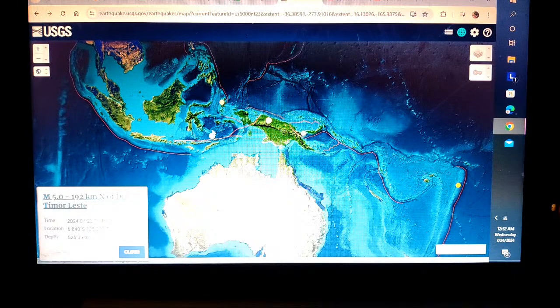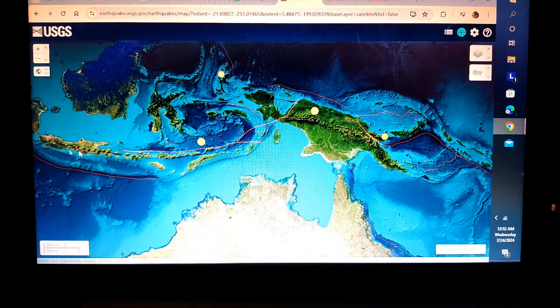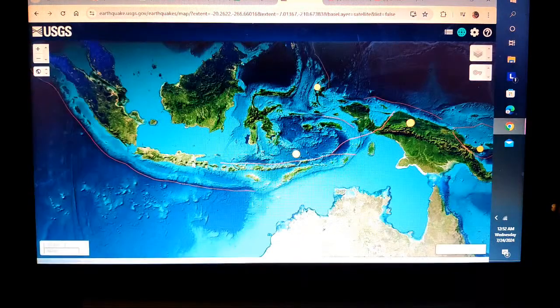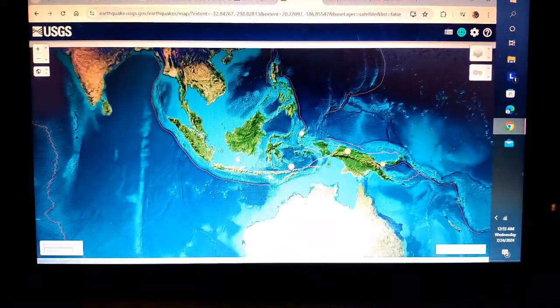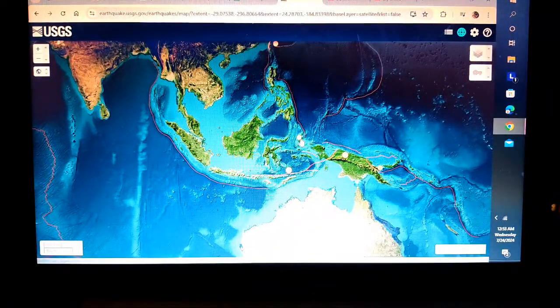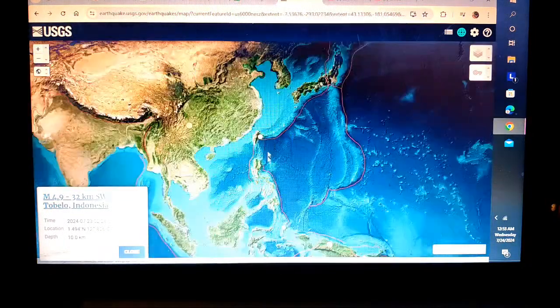These deep quakes don't necessarily put energy at the surface, like a bigger quake at the surface. This is an indication of pressure in the area down deep, starting to move around down there. Here's Java, our relief valve, right next to it. So it's pumping out SO2, volcanic emissions, and we're having pretty good, decent deep quake activity in the region. We also have down here another 5 at the surface. Here at Taiwan, we had that 4.2.